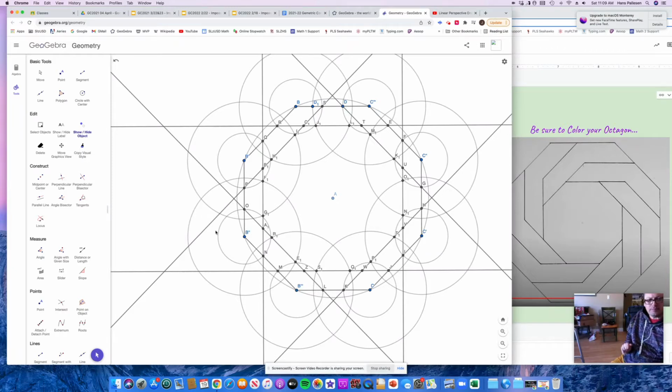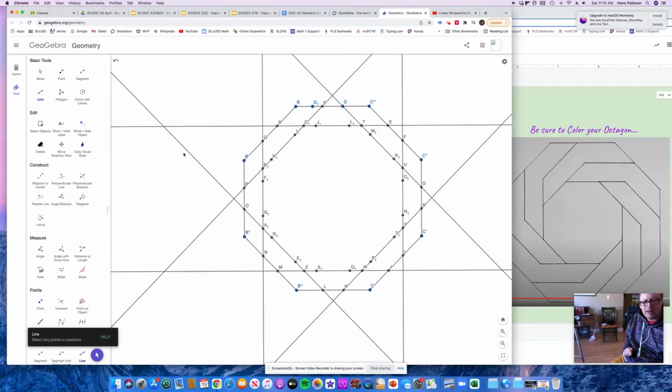Okay. So I need to use my line tool again. Now I'm going to restrict this a little bit more. And the way I'll do that is I'm going to take each wall of the octagon and try and move it in. And if I look right here,